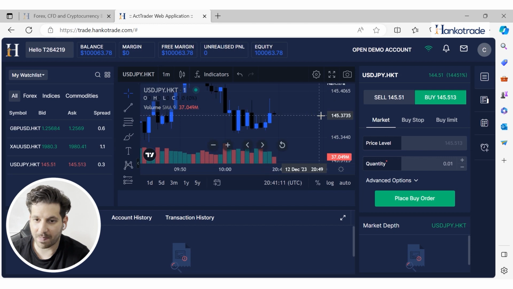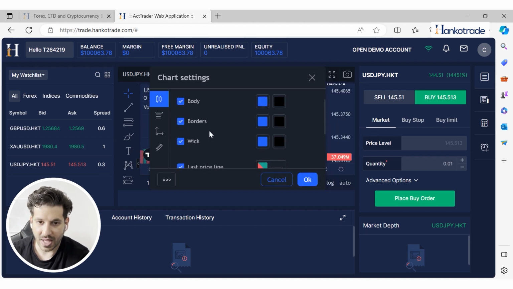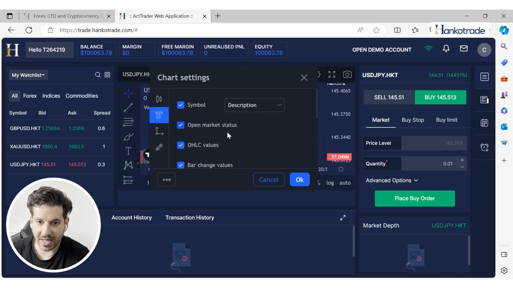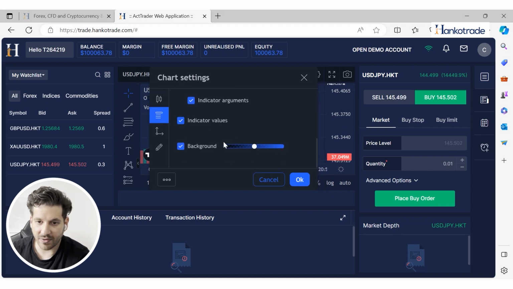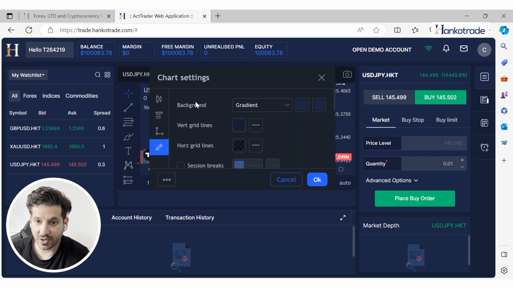We can also change the background. So let's go back into settings. And we have a bunch of different settings as well that you can play around with. So you can do the gradient of the background. Sorry, the opacity of the background. And we can also do